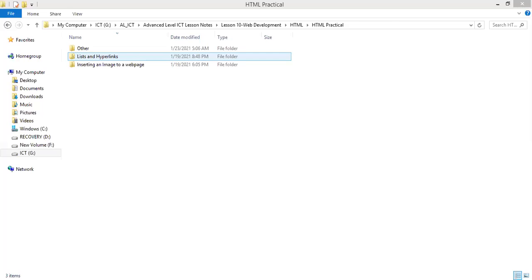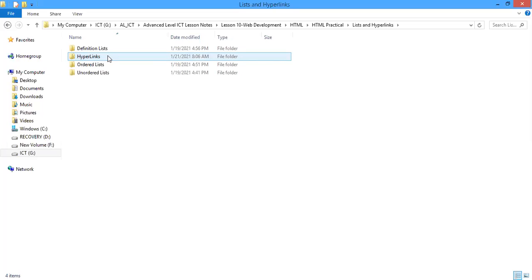Let's see how to do that one. Now when it comes to lists, there are different types of lists available with web pages. First of all, we will see how to insert an unordered list into a web page.